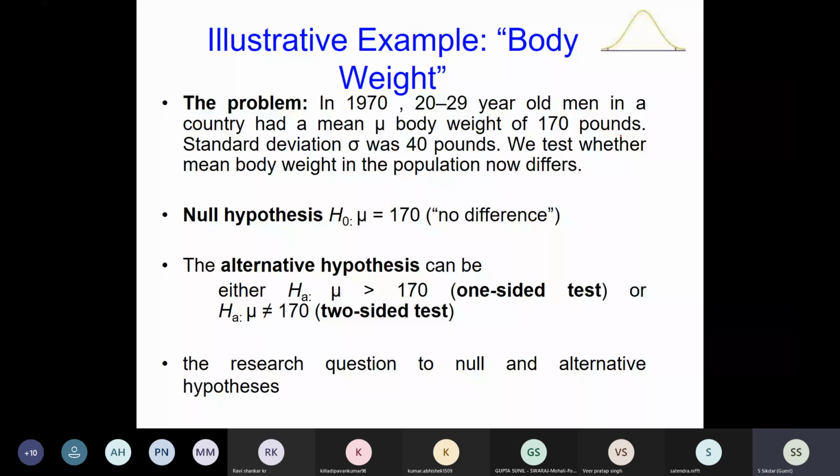So we test whether the mean body weight in the population now differs. So let's have H0, where mu is equal to 170, no difference. The alternative hypothesis can be either HA, mu greater than 170, a one-sided test, or mu not equal to